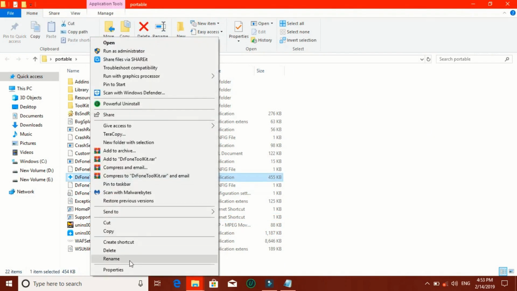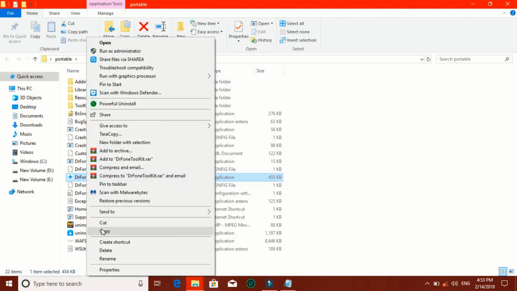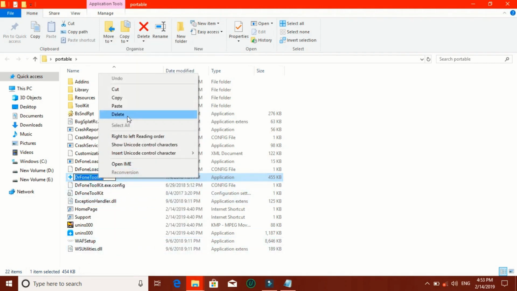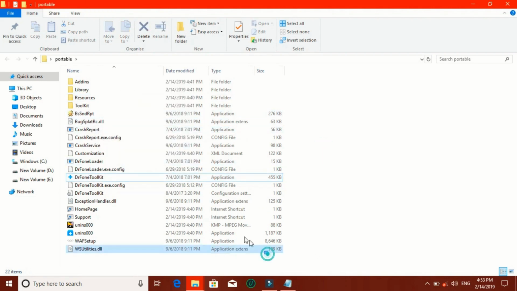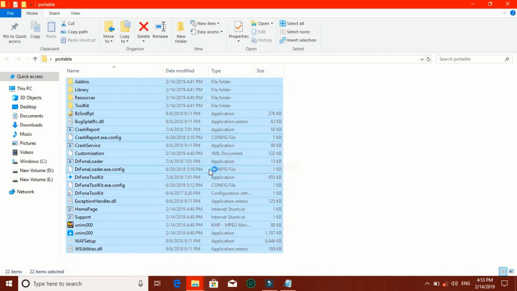Copy the software name by clicking on rename. Now again select all the files by pressing Ctrl+A, right click on them and click on